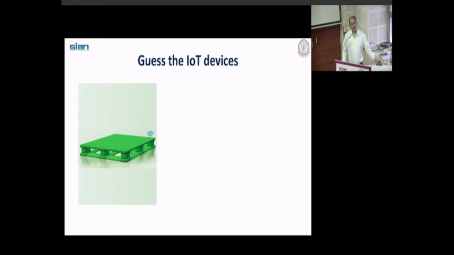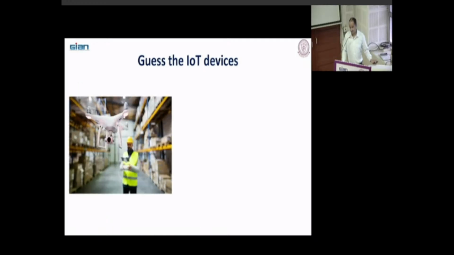Sometimes when you see Factory 4.0 or a smart factory, or a smart distribution center, in those smart distribution centers, if you look at the shelves where you keep the products, they are smart shelves. Why do you call them smart shelves? Because they exactly tell you what inventory is available on each shelf, and they will automatically replenish the inventory, placing the order to the suppliers when the stock reaches the reorder point. Okay, so that's your smart pallet, smart shelves, all those things.